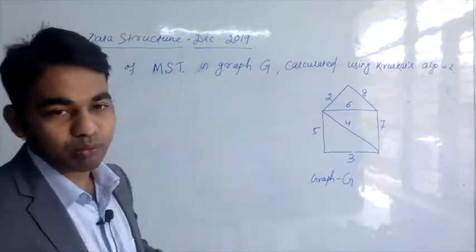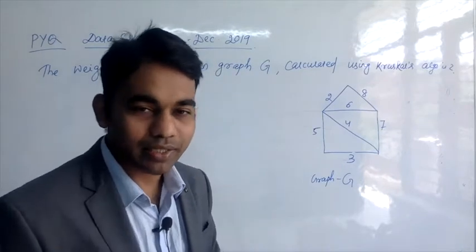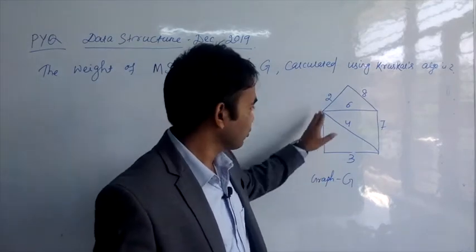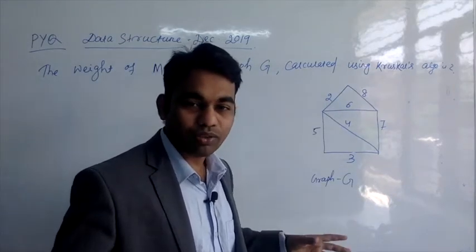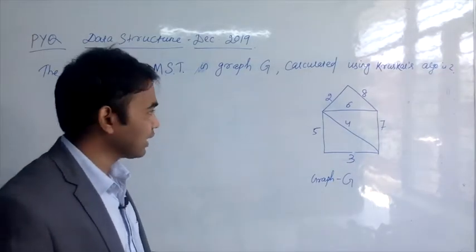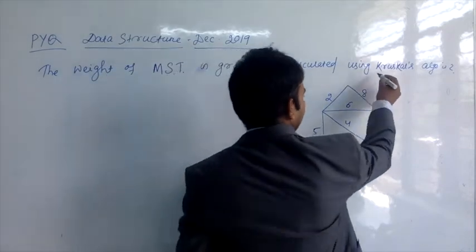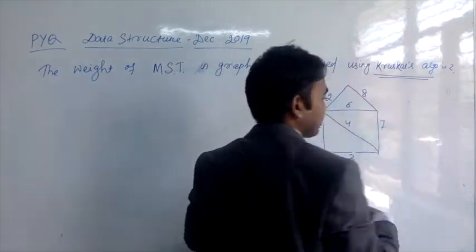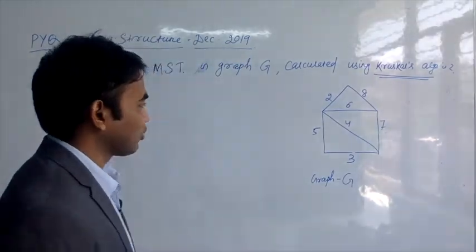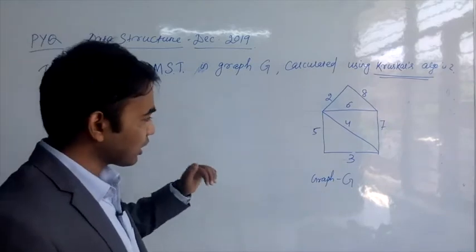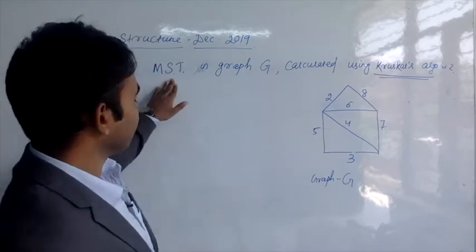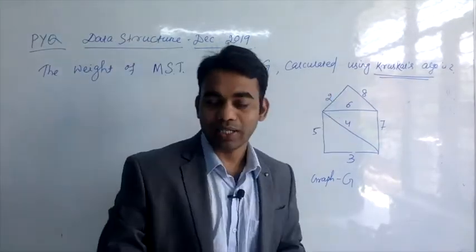You must have some basic background about the minimum spanning tree, that is the assumption I am making. So the question is, given this particular graph G having some weights, what we need to find out is the weight of the minimum spanning tree. That is the question, but using which algorithm? This is important. Using Kruskal's algorithm, not Prim's algorithm, because you might know that there are different algorithms. Prim's is one of the other algorithms which calculates the MST, but in this particular problem they have asked what is the weight of the minimum spanning tree using Kruskal's algorithm. So that is the question.